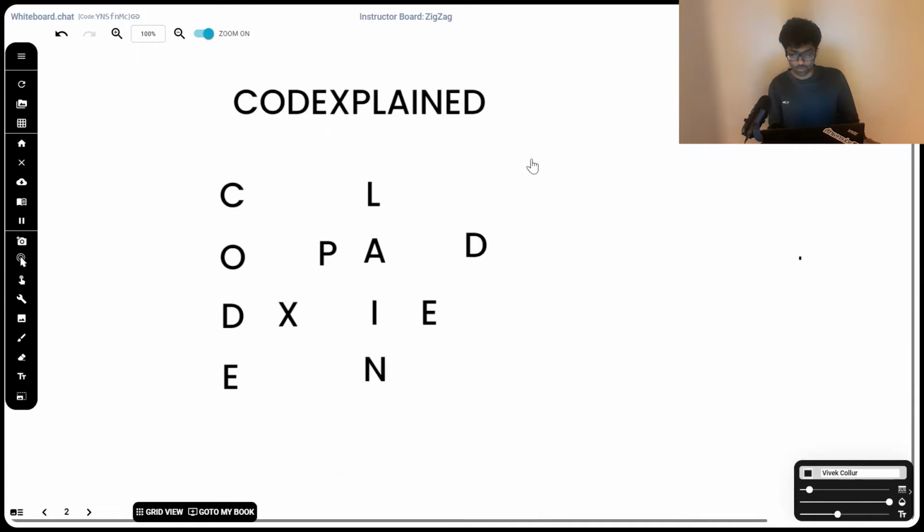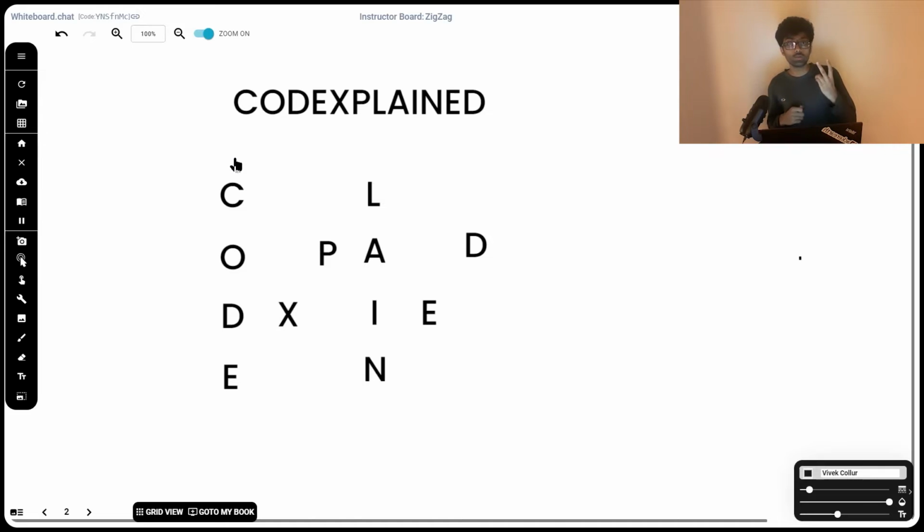Similarly, right here, code explained. First, let's have a look at the first and the last row. C is the 0th element, E is the 3rd element, L is the 6th element, N is the 9th element. Is there anything we can glean from that? And following that, how do we tackle the 2 middle rows? So ultimately, we're going to break them into their corresponding rows and simply append the rows together.